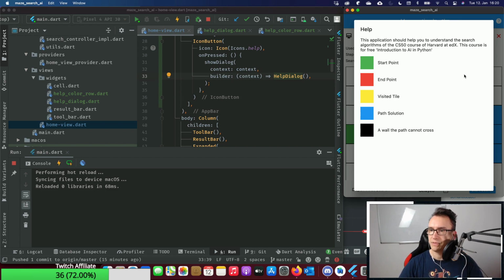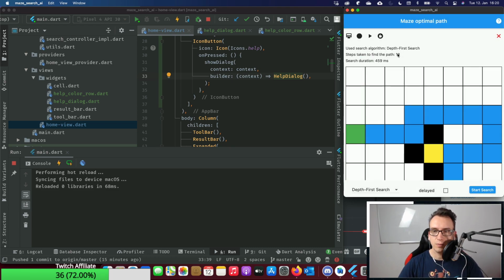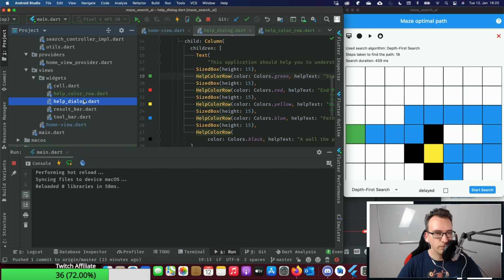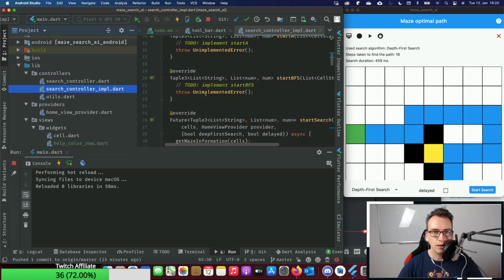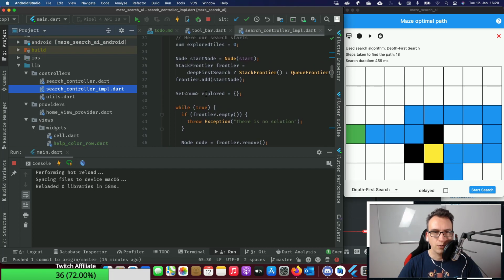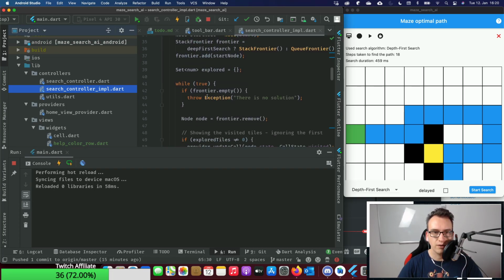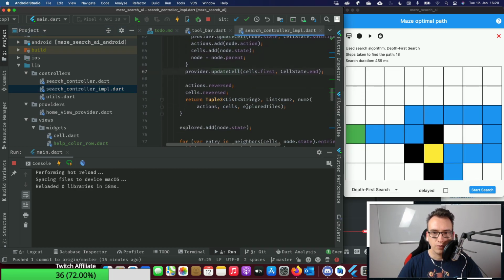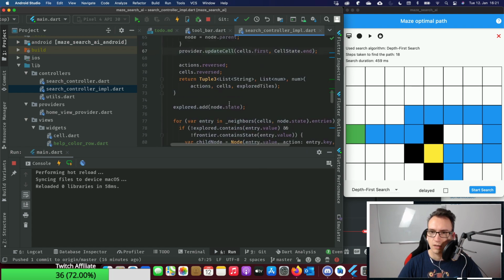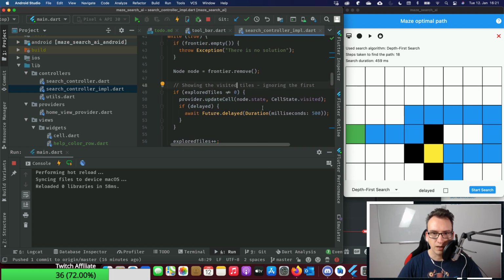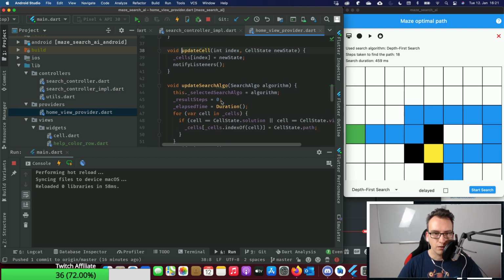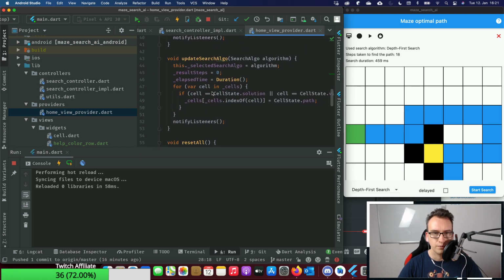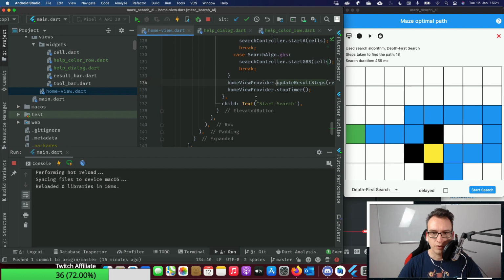Make a live counter in steps taken. Oh, you mean that we update this one too? Oh yeah, that's a surprise, perfect idea. Shouldn't be too hard actually. It should be very easy to do. Let me see how we could achieve that. So we have the explore tiles, we have all that. Where do we update at the moment the number of values that we have? So steps taken to path, where do we update that? If I take a look here, update search algo, update result steps. Yeah, update result steps actually.